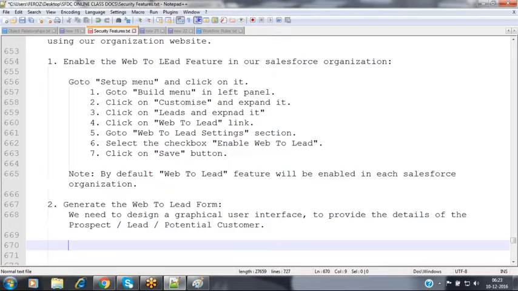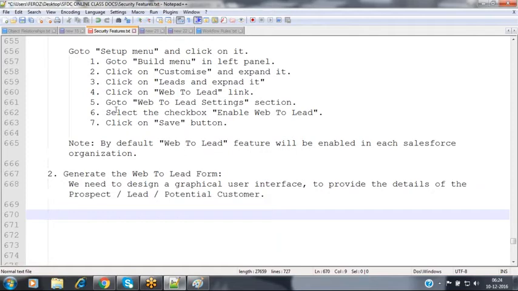All the details he can enter there. As soon as they click on the submit button, automatically those records will come into your lead table as a new lead record.